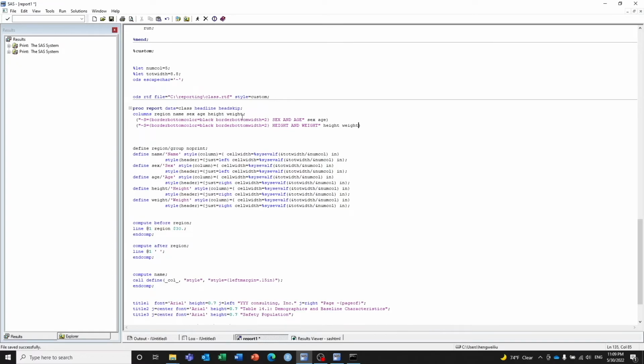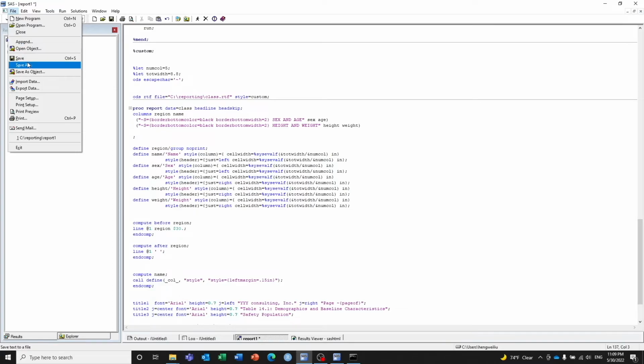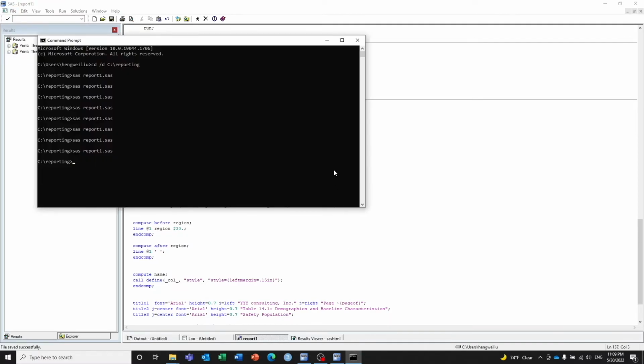Okay, so let's delete this variable here and let's run the program. So this is not gonna work perfectly, but let's take a look at the output first. So let's do a run,